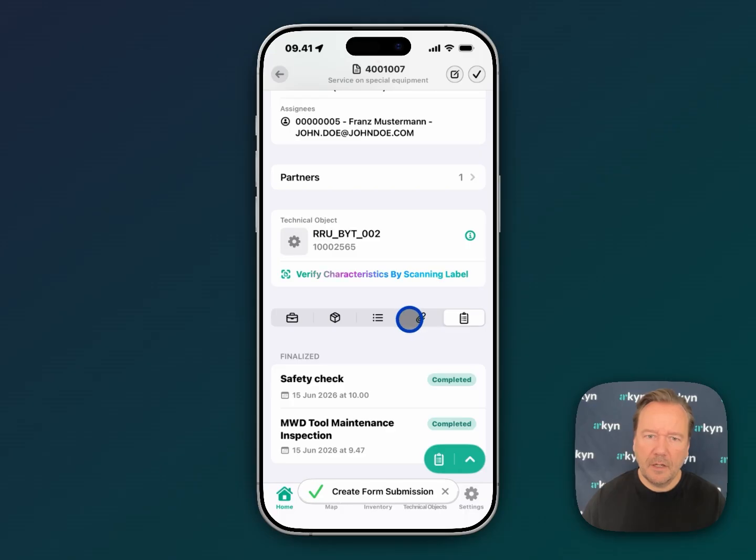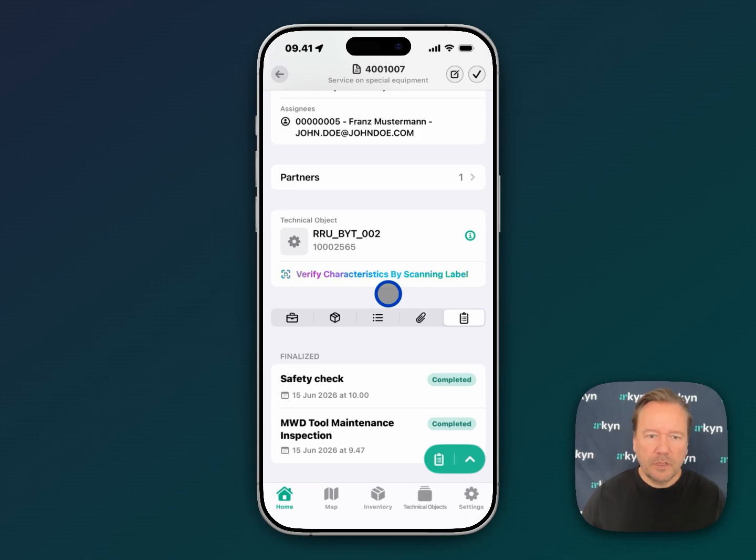finish that. And now that new checklist has been saved, and a PDF version of that has been stored on the actual work order in SAP for compliance. So very, very easy to create any kind of checklist you need and have it attached to any type of work order in terms of maintenance or inspections.